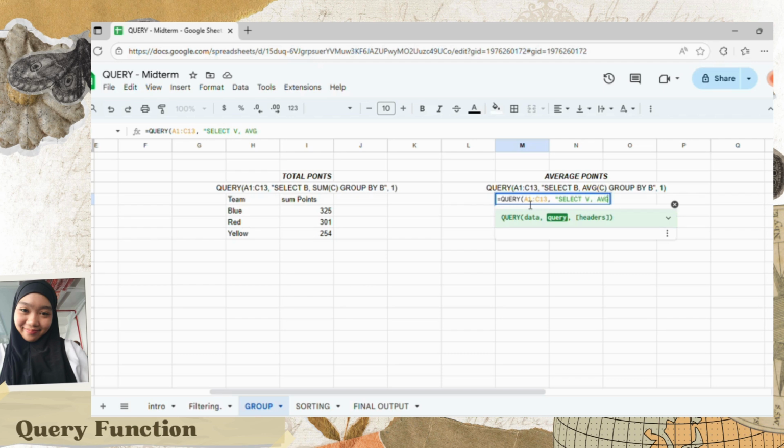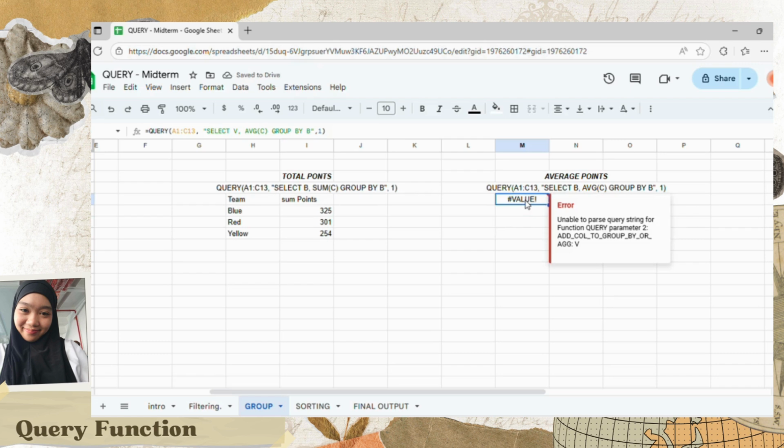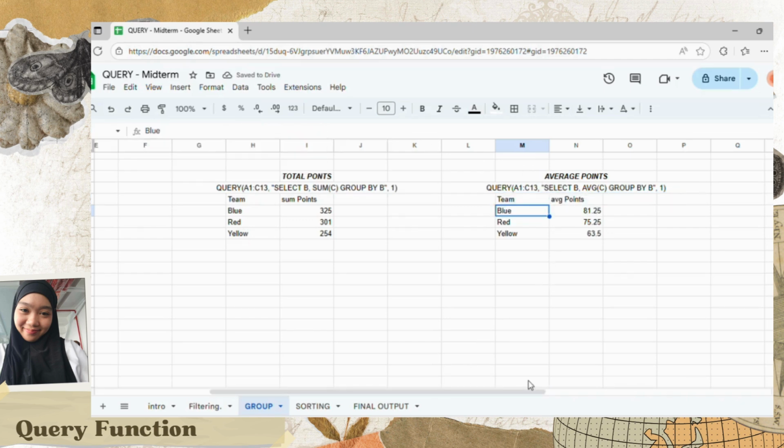So we will use AVG C, group by B, and our header. Oh, this one, select B. So there we go for the average points.